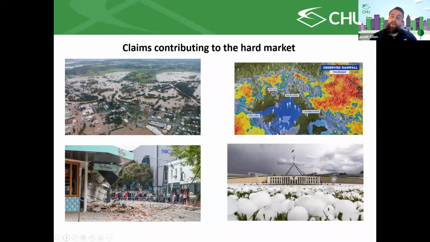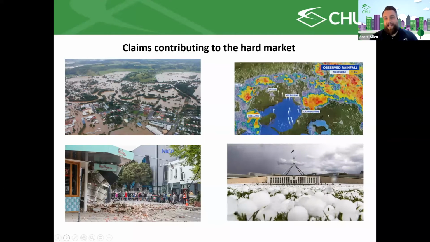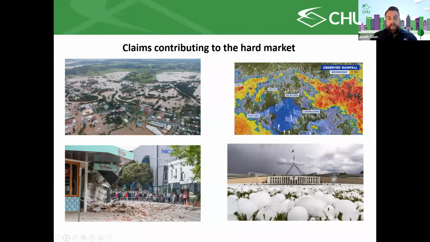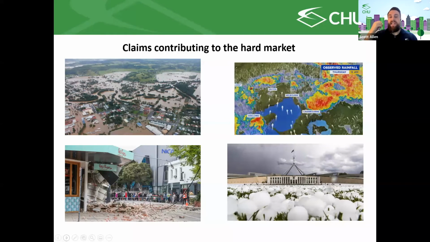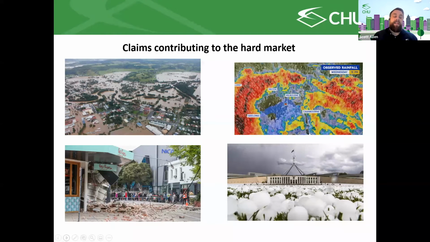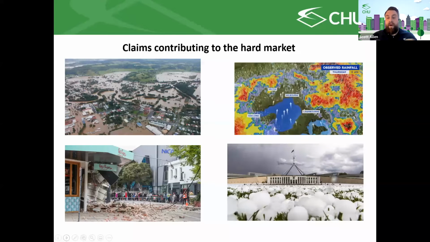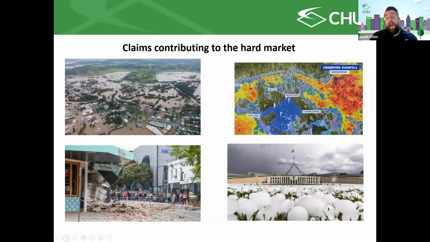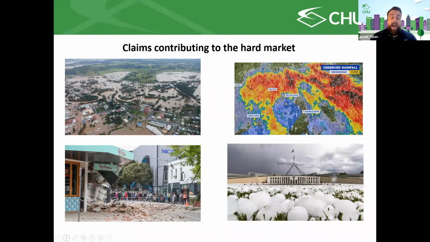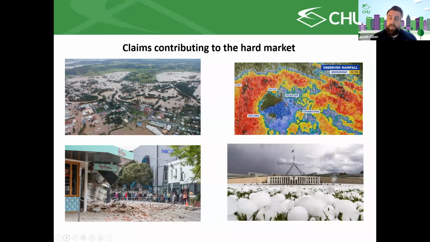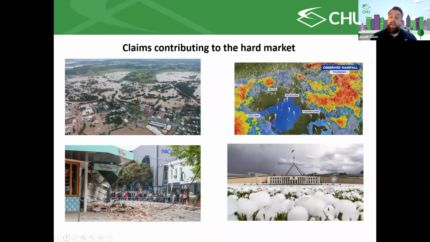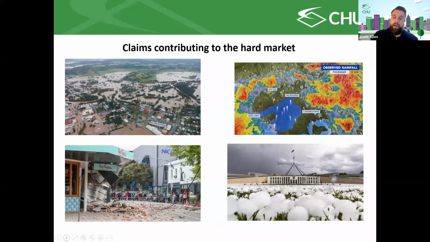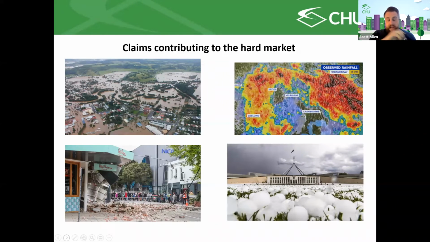Practically, I think about 2 weeks before that earthquake happened. So you ended up with every tradesperson that we could possibly muster, getting them out there to finally get these works done for these owners and owners corporations that have been waiting months to get the work done. And then suddenly there's an earthquake and they're all booked up, and we have to find capacity and start triaging, and it's kind of snowballed from there. And of course, there's been other events all across the nation. We had the hailstorm you can see there in 2020 in the ACT. We've had a bushfire just recently in WA. So the events keep on rolling and they all contribute to the losses we see. So what does this all mean?